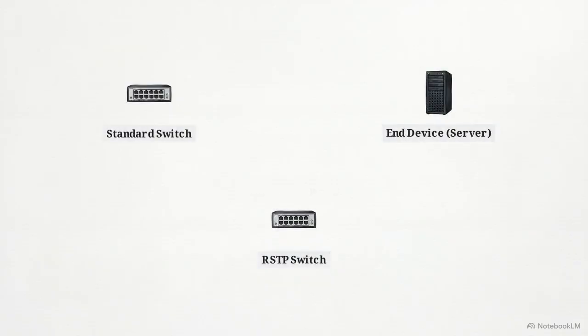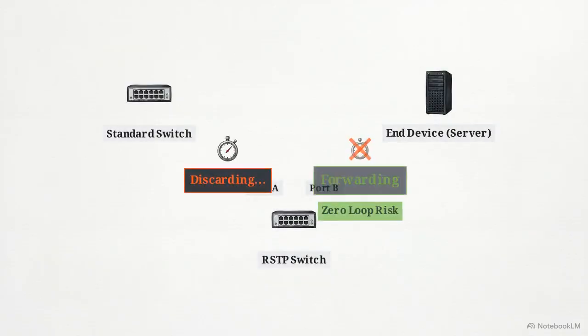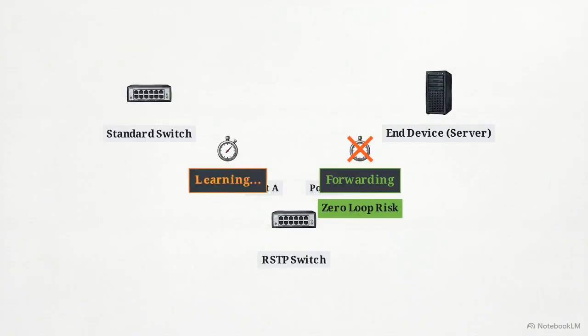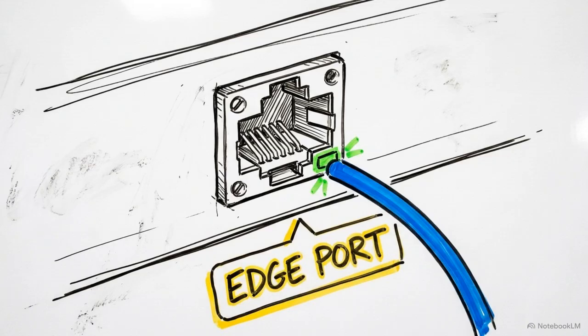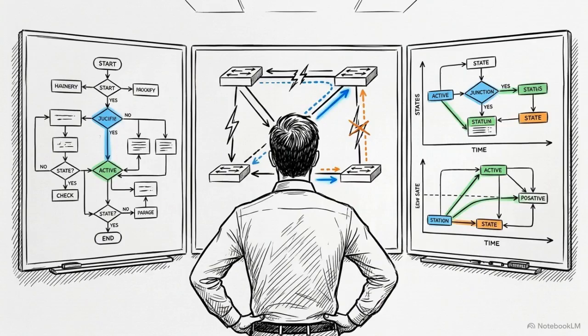RSTP utilizes this topological property. With zero loop risk, the edge port transitions immediately into forwarding, bypassing the discarding and learning states entirely. The practical result is that servers, workstations, and endpoint hosts experience instantaneous network connectivity the second they are plugged into the switch or booted up. By applying strict logical rules based on the type of connected device, RSTP surgically removes security bottlenecks where they aren't topologically required. When we bring together the root bridge foundation, the streamlined state machine, and the pre-calculated port roles, we